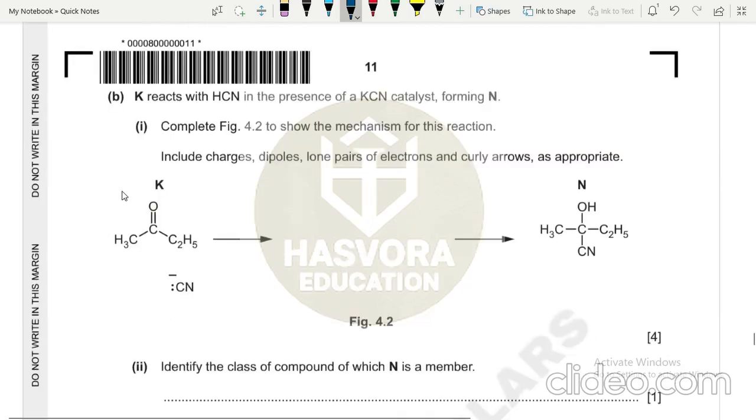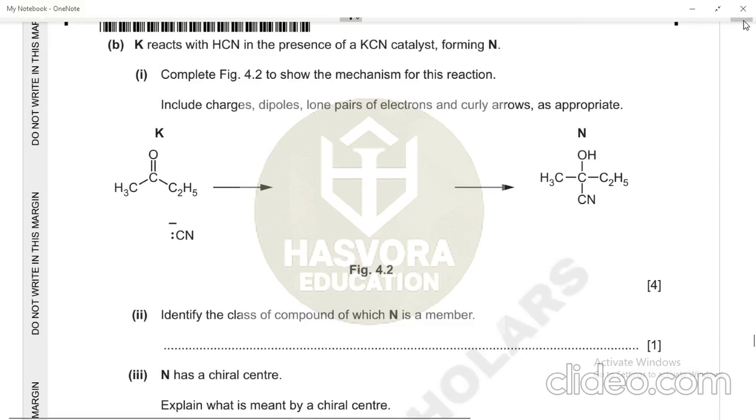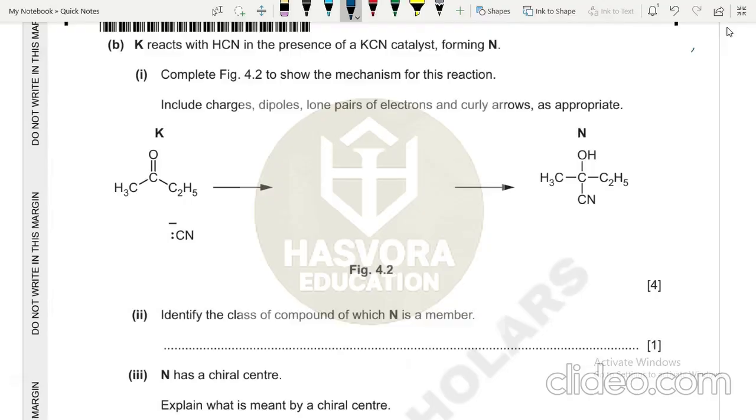Let's move on. Now in the B part, they are saying K, the potassium, reacts with the HCN in the presence of a KCN catalyst forming N. So complete figure 4.2 to show the mechanism for this reaction. So this is the reaction of a nucleophilic addition, a nucleophilic addition reaction, and include the charges, dipoles, lone pairs of electrons, and the curly arrows